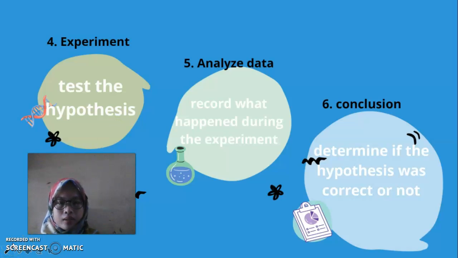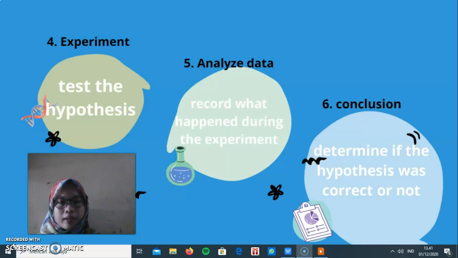And the next step is the experiment. In this step, we can test the hypothesis. Plan how we will test our hypothesis. Design a test or procedure to find out if the hypothesis is correct. Write down the experimental procedure step by step in detail. The experiment should be careful, planned, and controlled. Be consistent, careful, and accurate when we take the measurements.